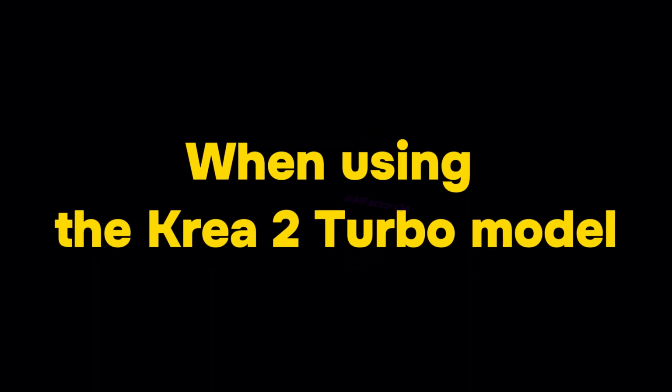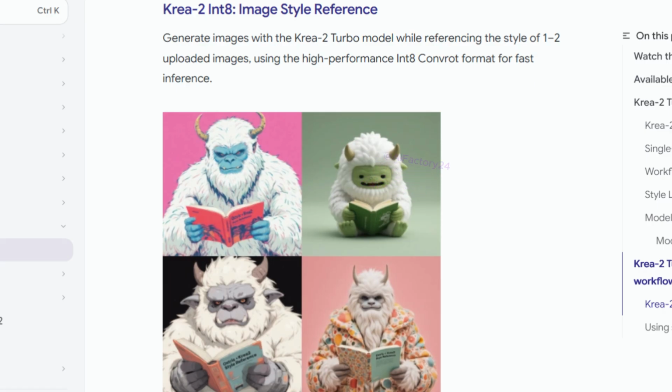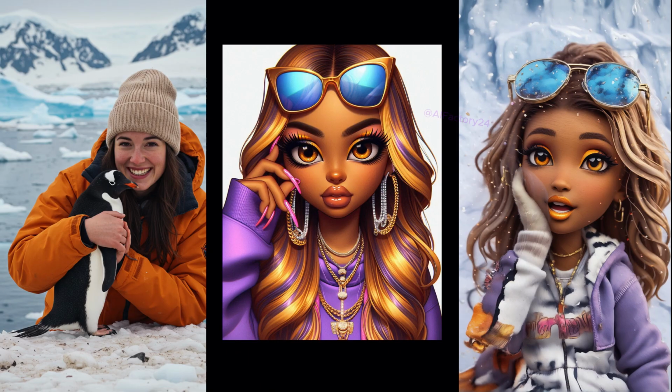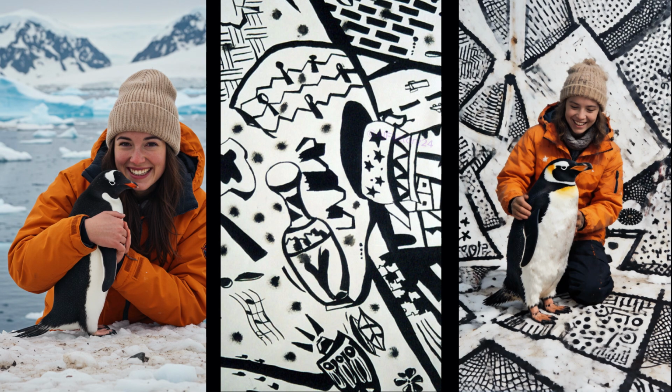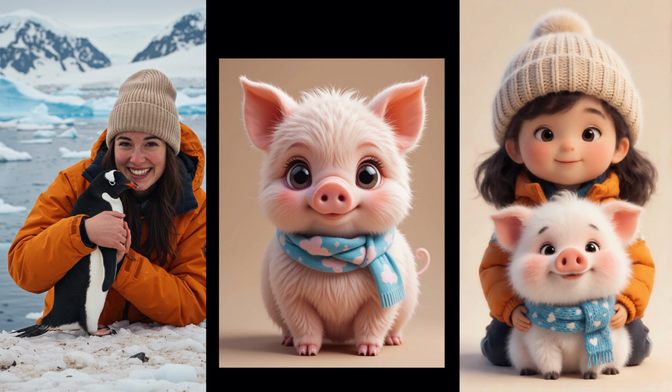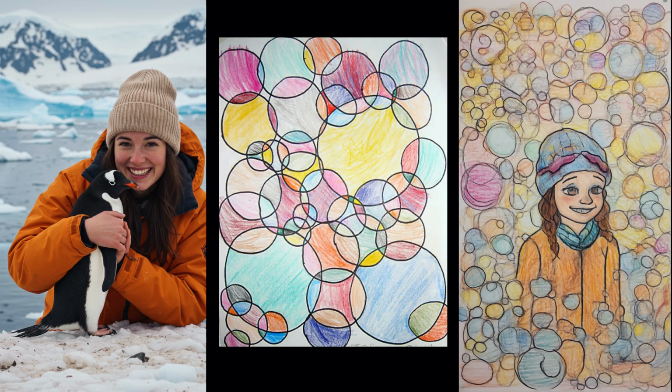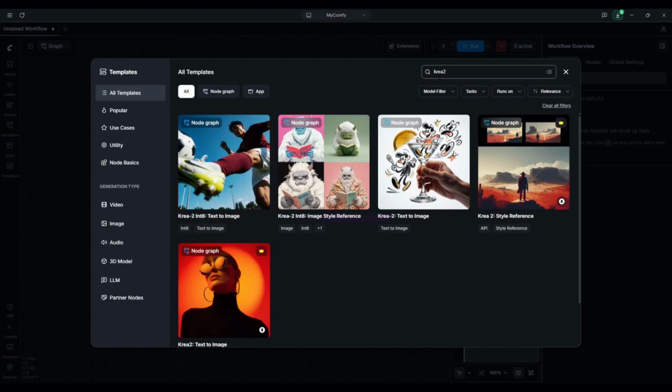When using the Krea2 Turbo model, you can generate images while referencing the style of one or two uploaded images, and take advantage of the high-performance Int8 convert format for fast inference. The style reference workflow is built on top of the standard Krea2 Turbo pipeline, with additional pre-processing for reference images. You can upload one or multiple reference images to influence the aesthetic style, mood, and visual direction of the final output. In ComfyUI, go to All Templates, Image, and search for Krea2 Turbo Int8 image style reference, then open the